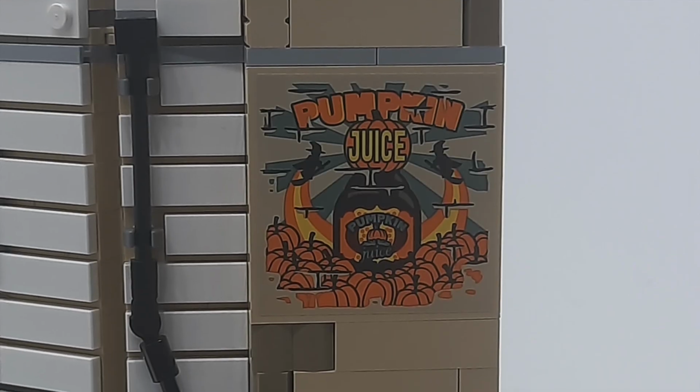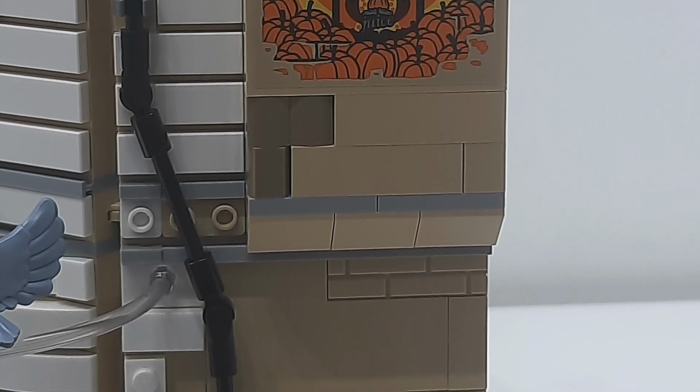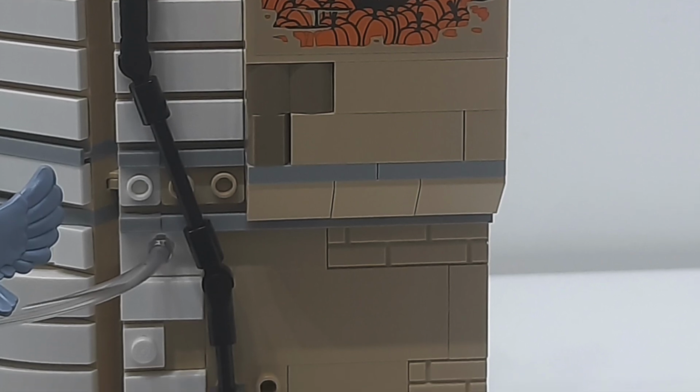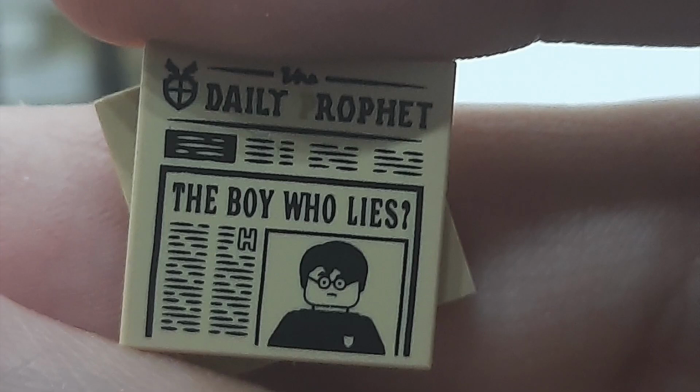On the same side, we can also see this nice pumpkin juice poster. Unfortunately it's a sticker, but it is very detailed, and it's weird how that part wasn't tiled off, you can see the studs. But I feel like the gallery is nice, and you can even see some water pouring out next to a Daily Prophet photo, which says The Boy Who Lies,